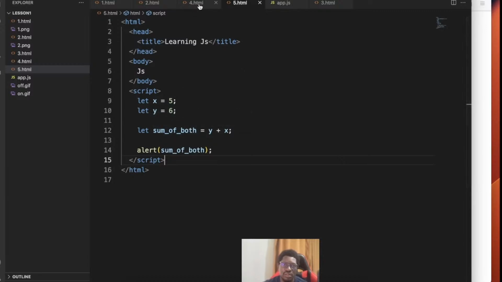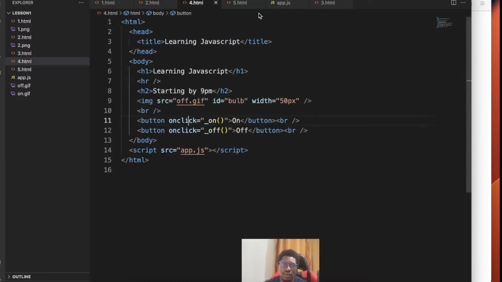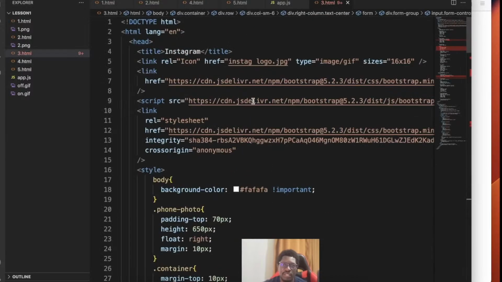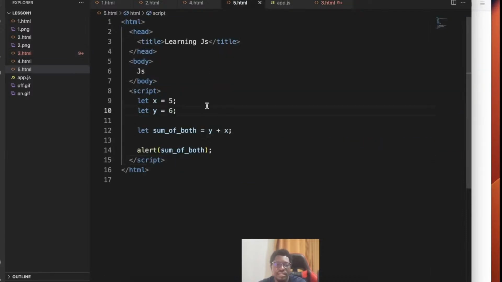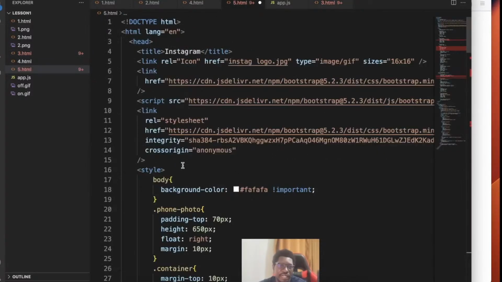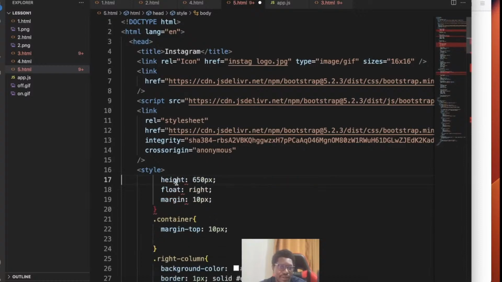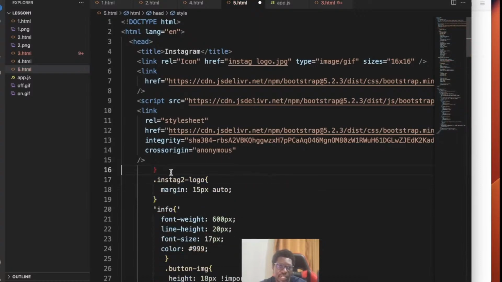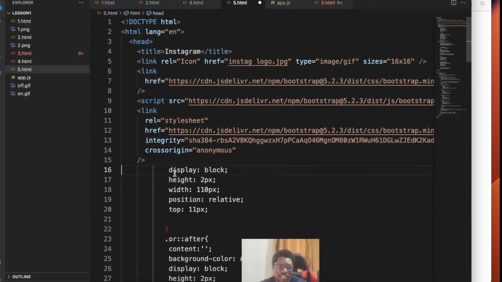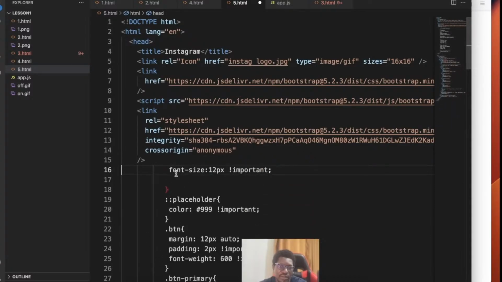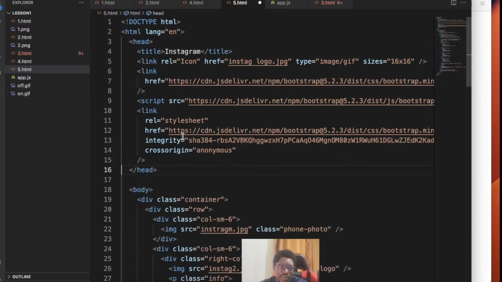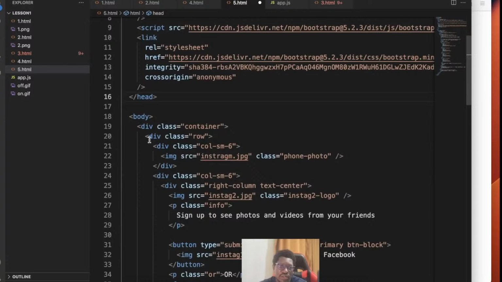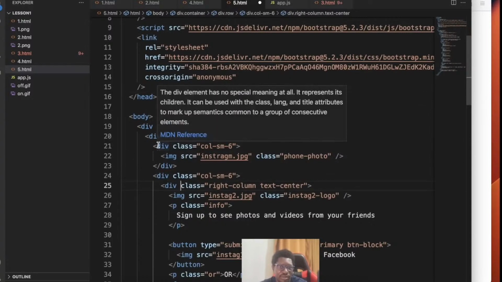So I'm going to use Bootstrap so that we'll be making use of. I want to put all of these things in your face so that you can be seeing Bootstrap and everything working hand in hand. We can be using our styling and be using everything. That way, we are not just learning JavaScript alone. We are using that to revise our HTML knowledge and also carrying on with our CSS knowledge that we have. So what I want to do is create a calculator, but not really a big calculator, just a small one